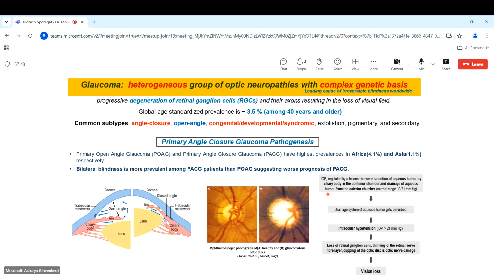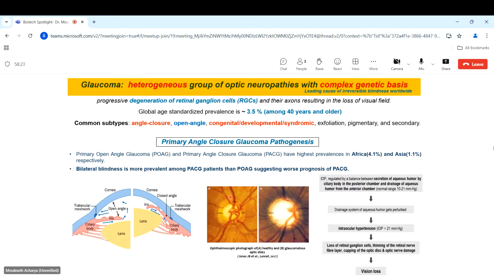Intraocular pressure, or IOP, is regulated by a balance between secretion of aqueous humor and the drainage of the aqueous humor through the Schlemm's canal. Obviously, if the drainage is not proper, the IOP will rise, which in turn will put a pressure on the posterior side of the eye, thereby causing a loss of retinal ganglion cells and thinning of the retinal nerve fiber layer. Here in this picture, we are looking at the fundus of an eye, where